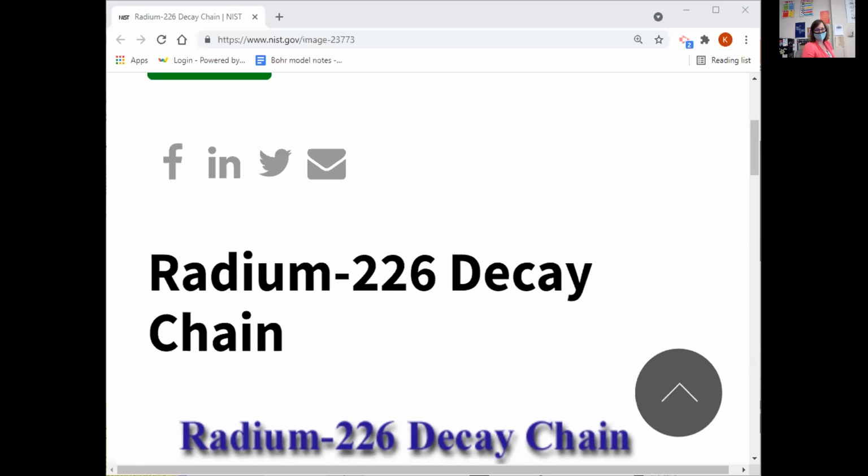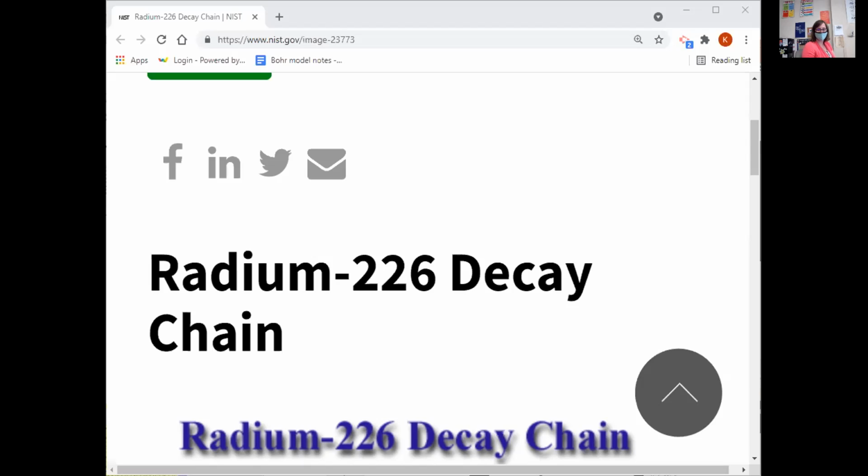And then it does alpha decay into polonium-218, which has a half-life of 3.05 minutes, which does alpha decay into lead-214, which has a half-life of 26.8 minutes. So every 26.8 minutes, half of the lead that is made turns into, by beta decay, bismuth-214, which has a half-life of 19.7 minutes. And then this turns into polonium-214, which has a half-life of 0.16 milliseconds, which does alpha